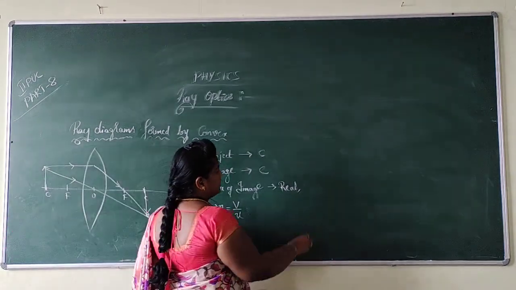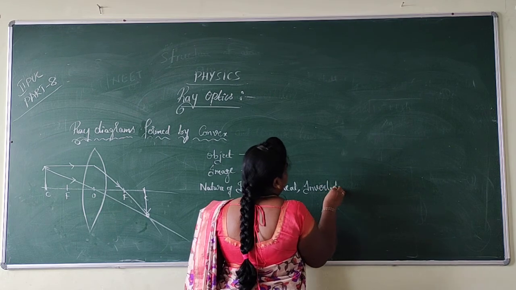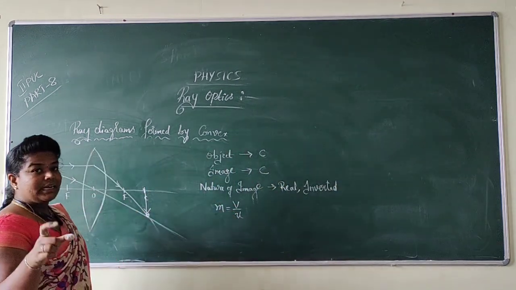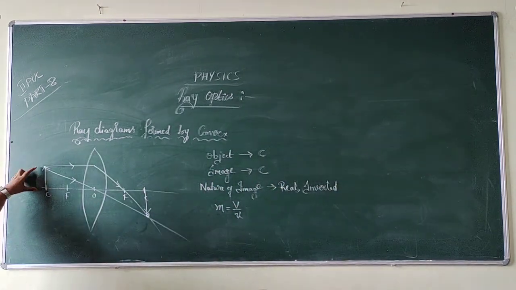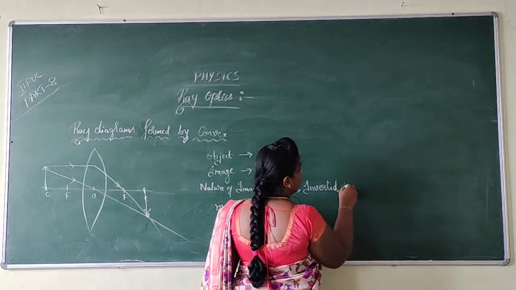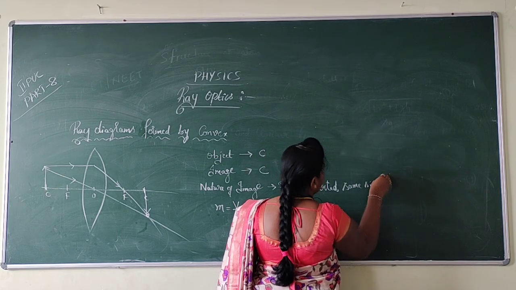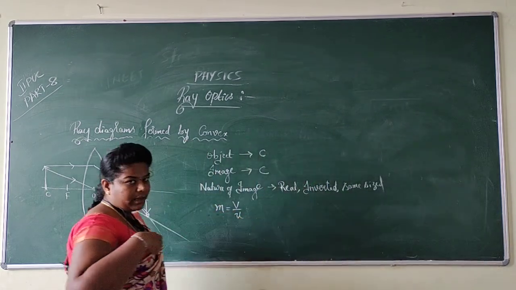So I can say that the image is real, inverted. And let us see whether it is magnified, diminished or same size. The size of the object and image are both the same. So the real, inverted and same size image is formed when the object is placed at the center of